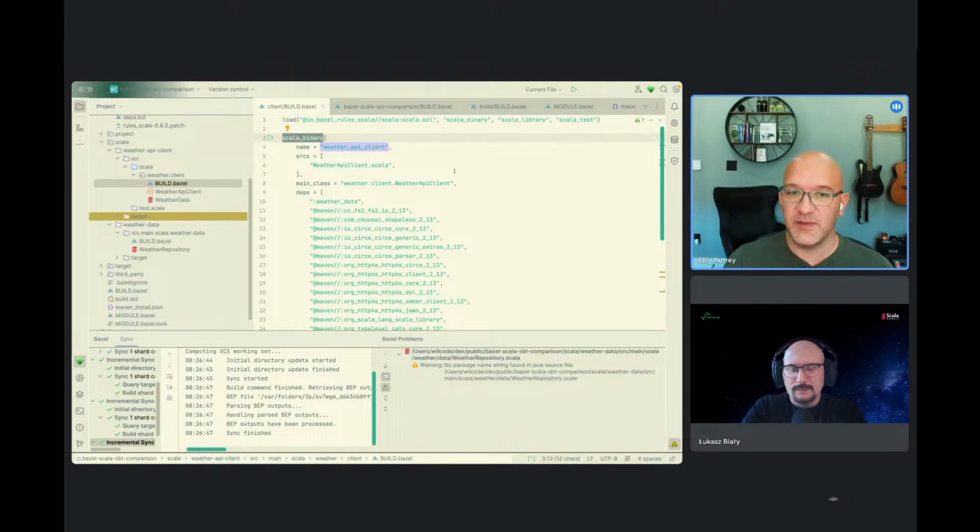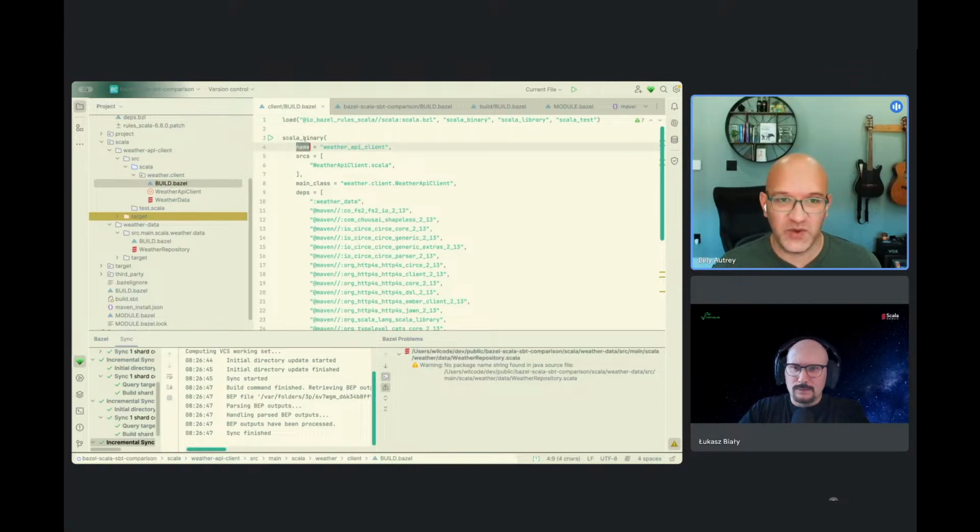I mentioned Starlark earlier. I mentioned that it's a dialect of Python. And what we're doing here is essentially calling a function called scala_binary, and the attributes are the parameters that you provide to tell it how you should do all these things.